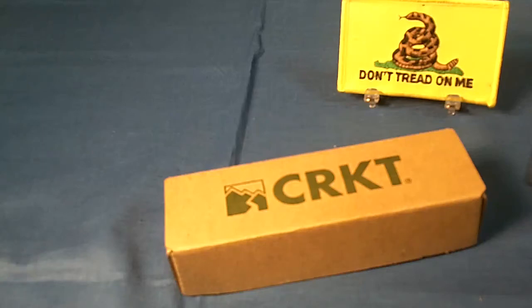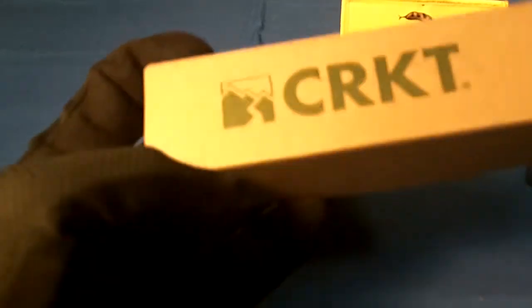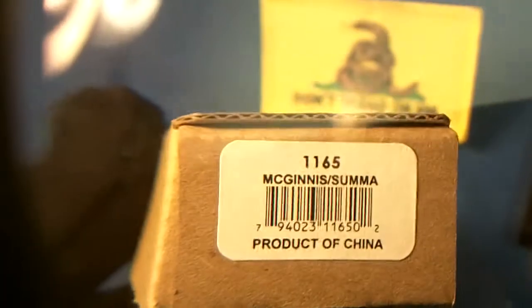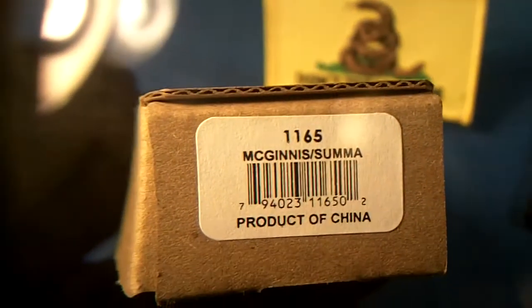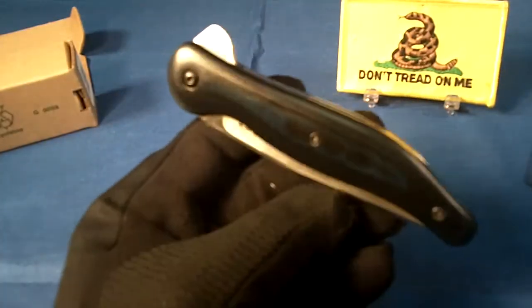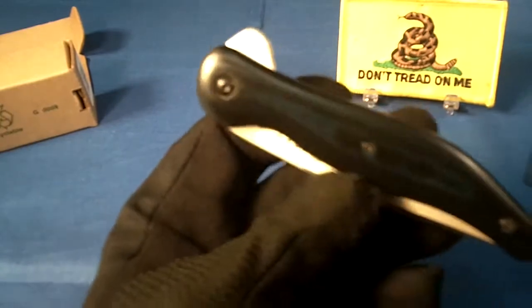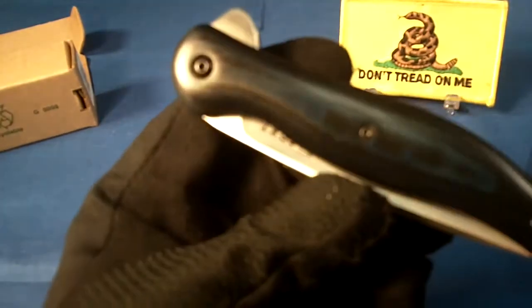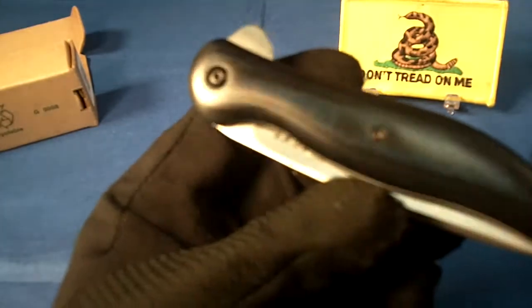Alright, I just got a new knife from CRKT, and it's called the McGinnis, or Gerry McGinnis SUMMA. Let's take a look at this little guy. Okay, first impressions. It's got a very dark black and blue micarta. Very slick